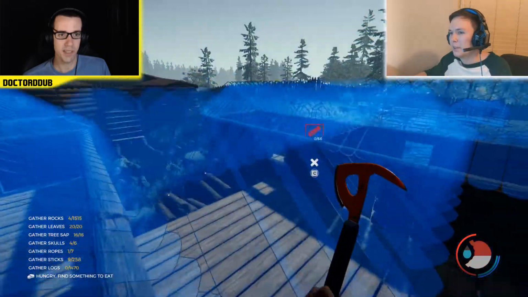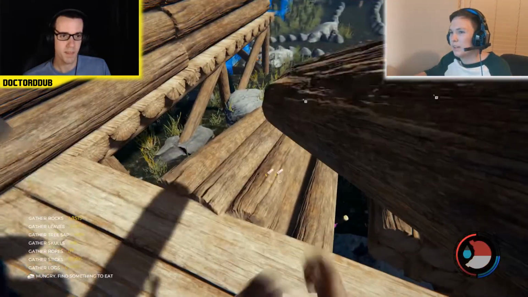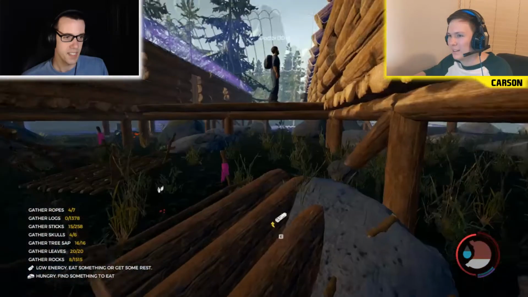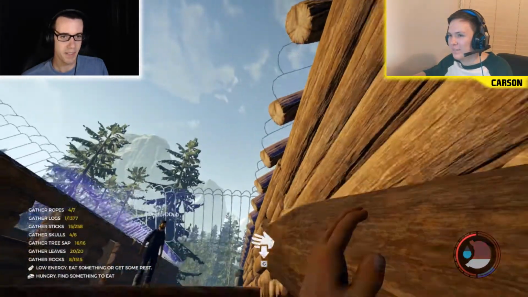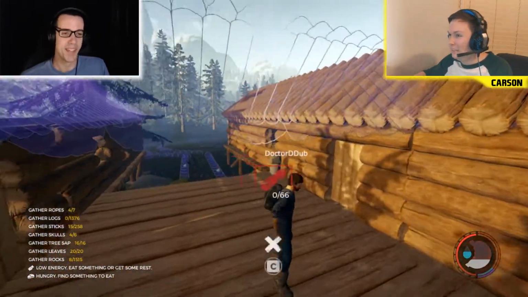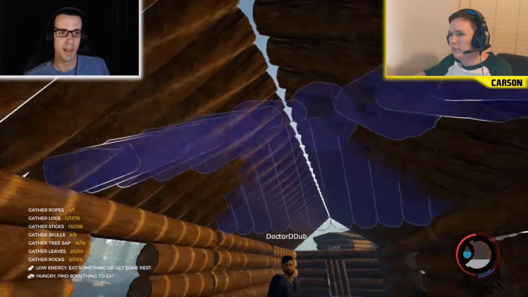Plus, it'll allow us to line this blueprint up much easier. So, yes. Shall we do that? I think that's a plan. Yes. All right, let's build this one. It's the 94 log blueprint. 90, 91, 92, all right, 93, and 94. That's a roof, with one log to spare. We still have another 100 or so, but...